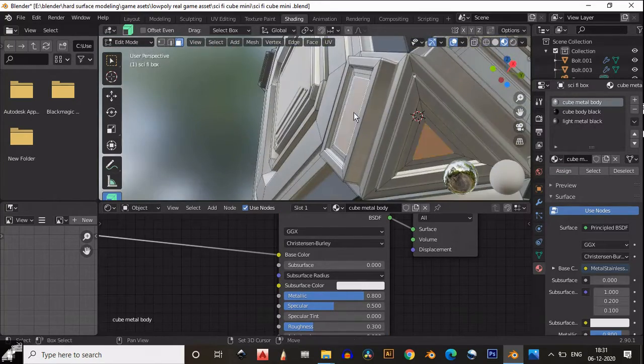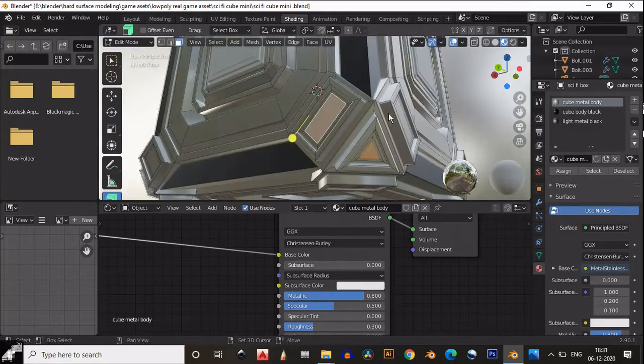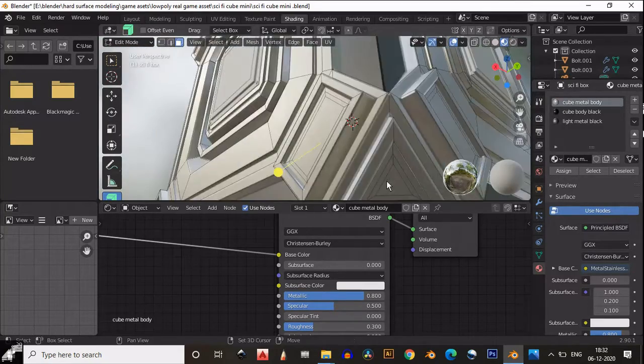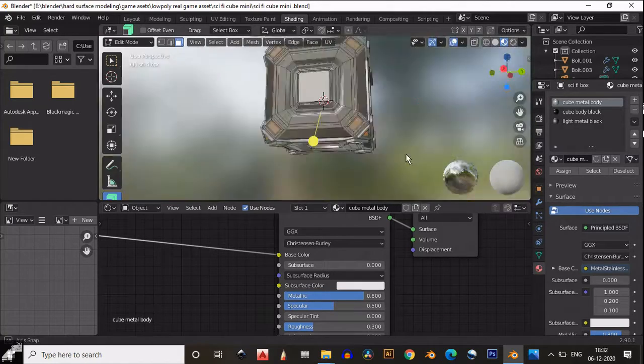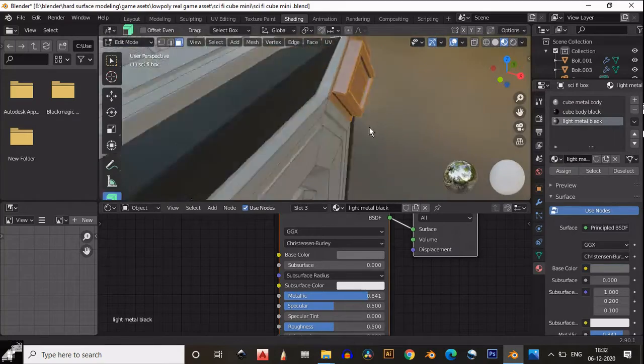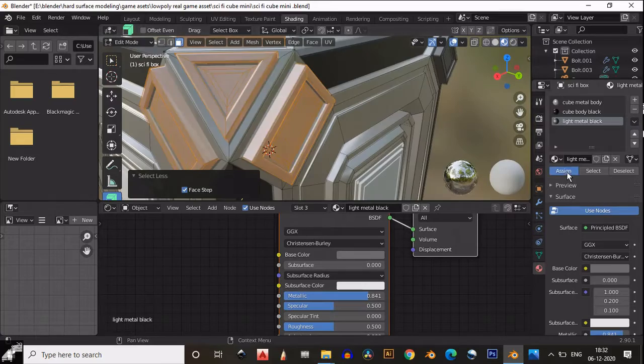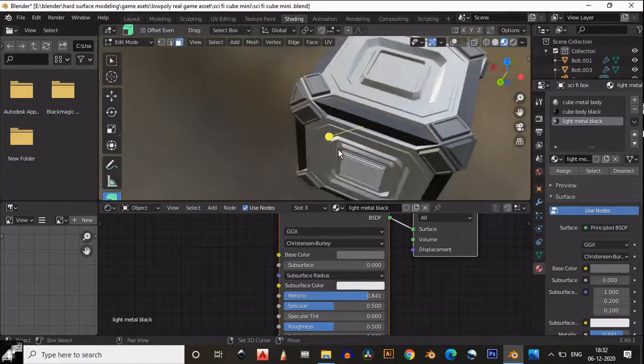I select these corner faces and just press Ctrl plus to increase the selection, and I will create a jacket kind of look, or you can say a guard kind of look, for these corners. So that will be a more plastic or hard metal I will create. So that's why I have given the gray texture for this. You can see it looks pretty good.